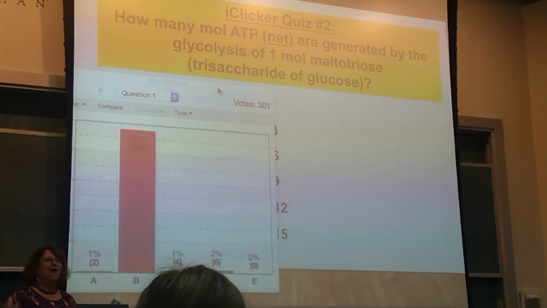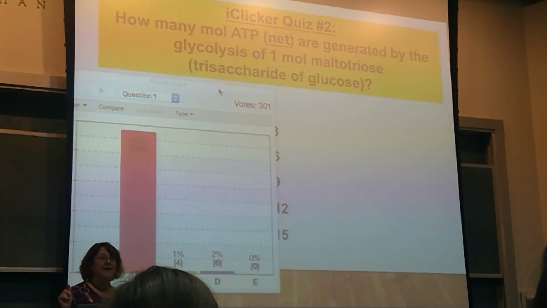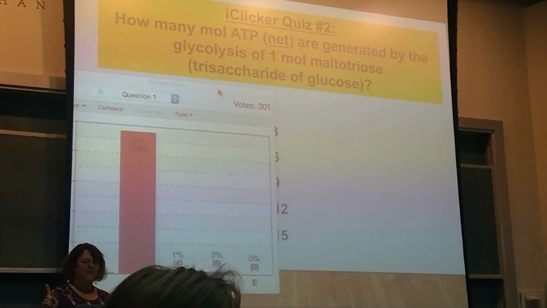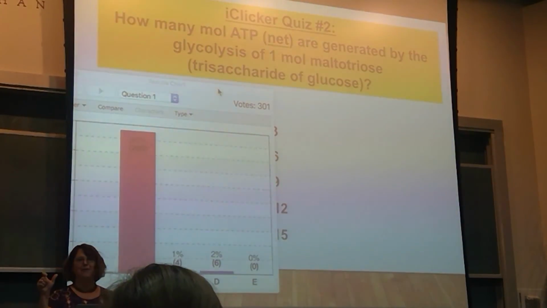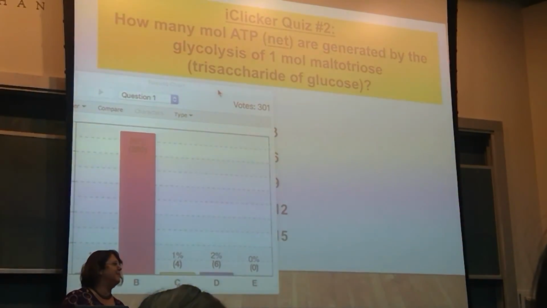So, like we said, there's a net of 2 ATP per 1 molecule of glucose. It's a trisaccharide, so that would be 3 glucoses, so 3 times 2 is 6. So, good job, and I'll see you on